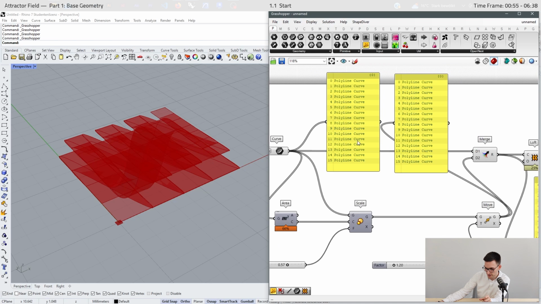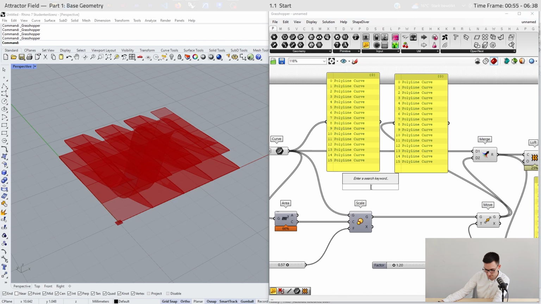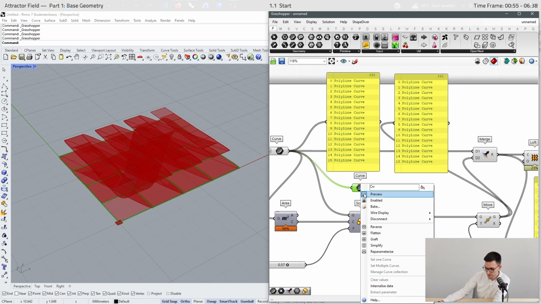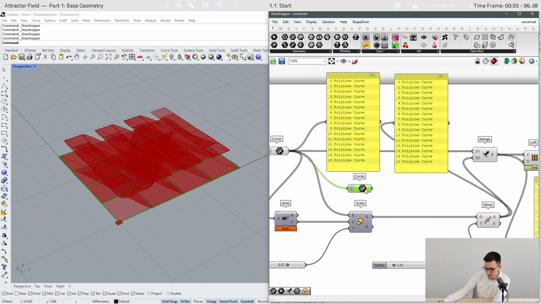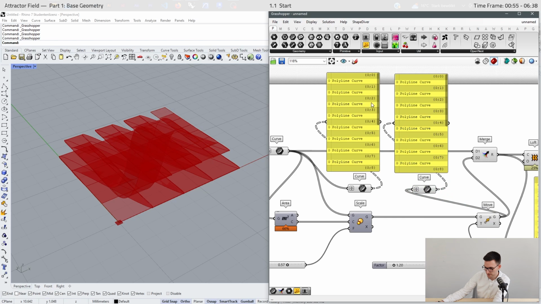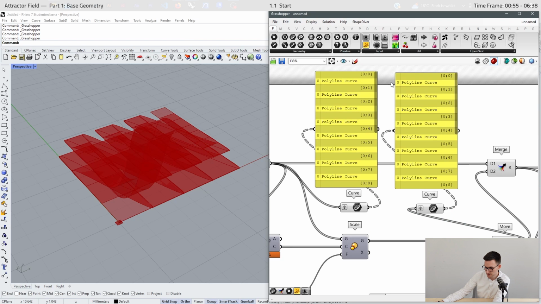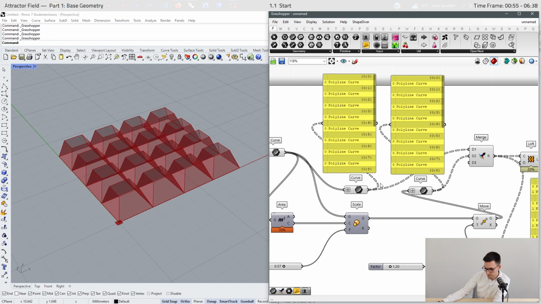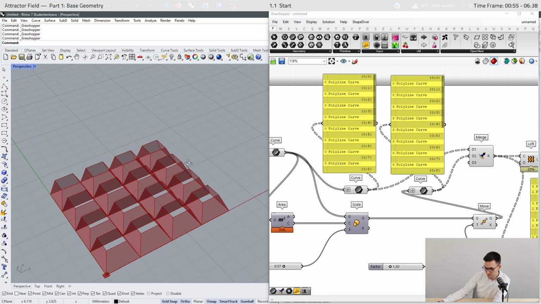And therefore we have to graft these lists. And when we use a new curve component, graft this list, we can see that each item has its own list. We will also do this with the other list. Graft it. Now we can see that every item has its own list, and when we use these components, now it works,